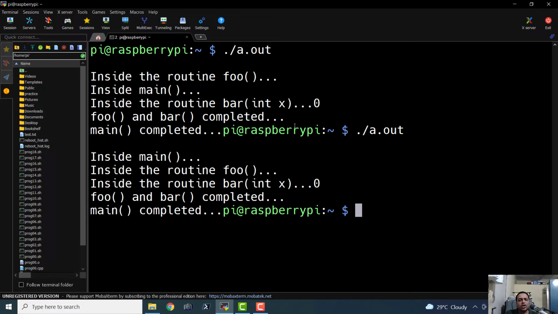This is what I wanted to show you. So basically all these threads are running in parallel: the main thread, the foo thread and the bar thread. That is why we could see that the order in which it is printing is a bit different. So every time you execute this, the order in which the foo and bar messages are printed could be different.